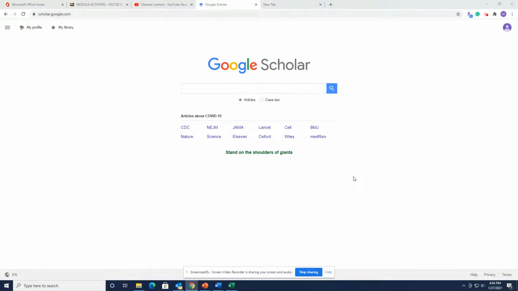Okay, I wanted to take a minute to talk about Google Scholar, which is a great resource to find case law if you don't have access to books or a paid database. It is free and it is easy if you know how to use Google. So the web address is